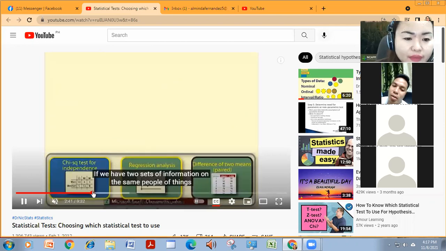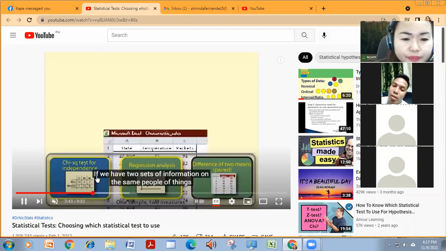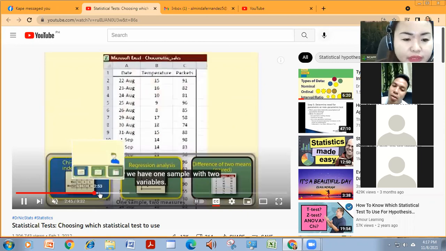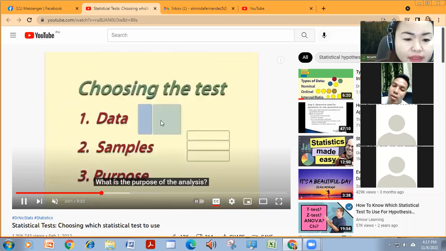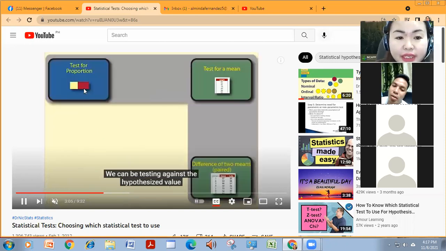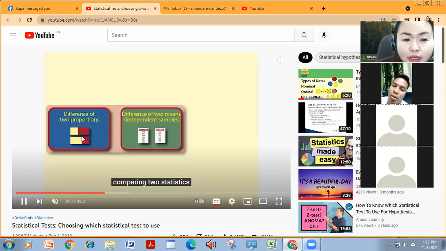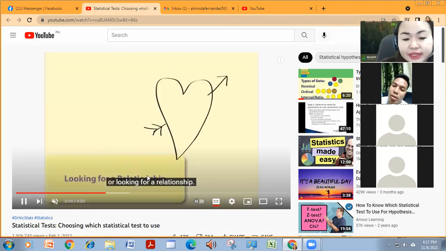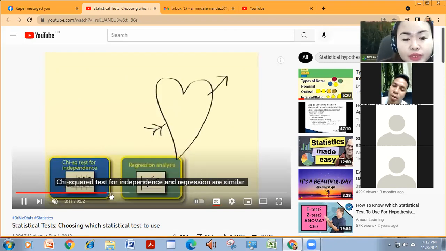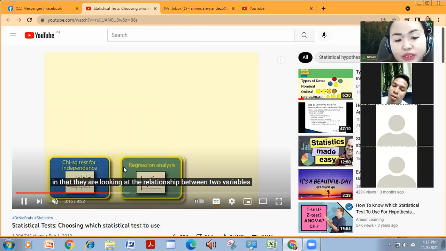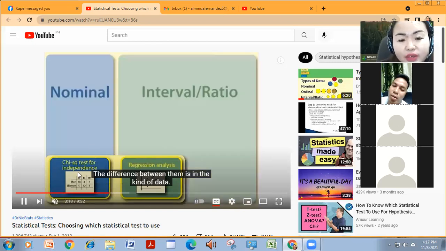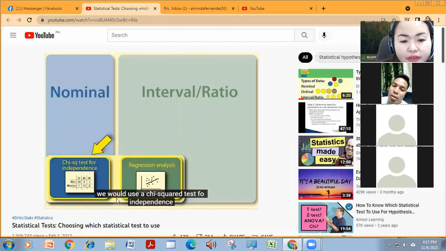Okay, now if you have your sample, the next is the purpose: para saan ba, i-compare ba natin, testing against, or testing proportions or differences? And so you will know which statistic, whether regression analysis or chi-square test, ang gagamitin ninyo for that purpose. And after that,